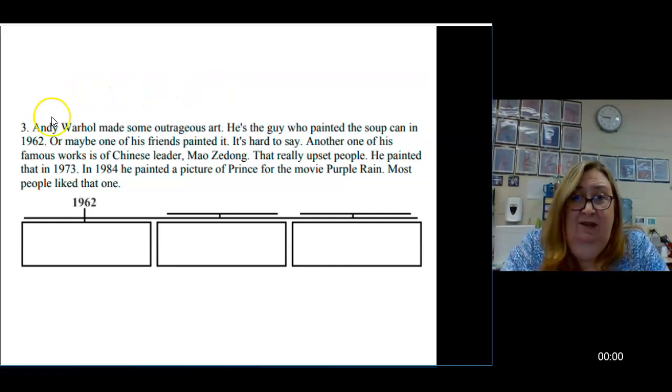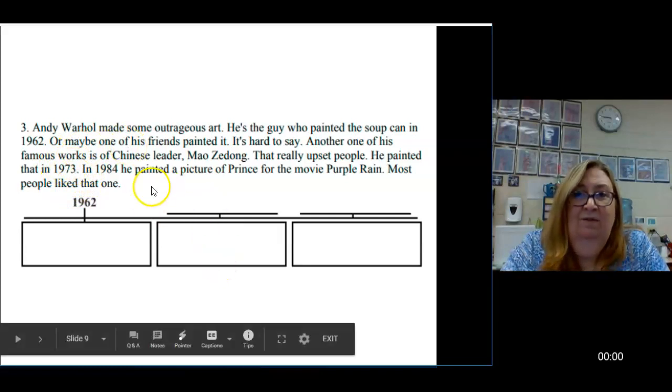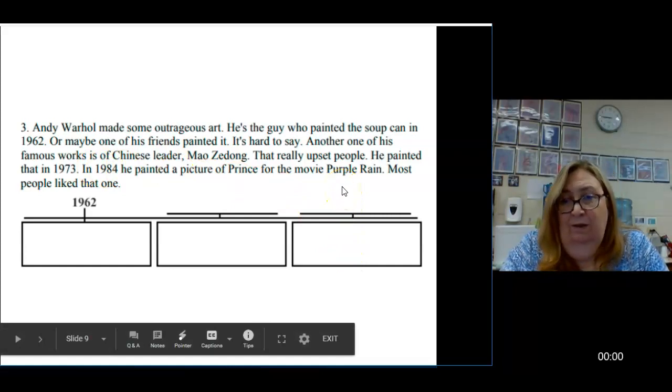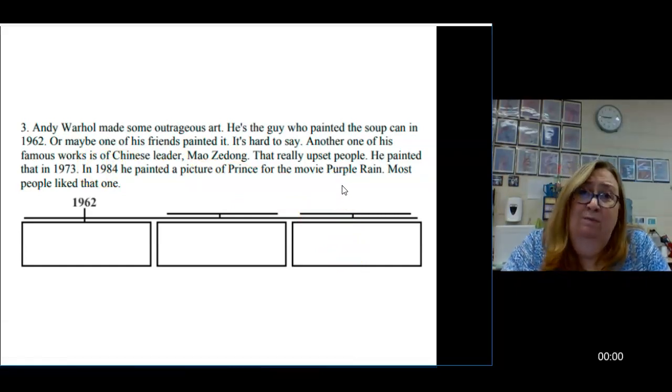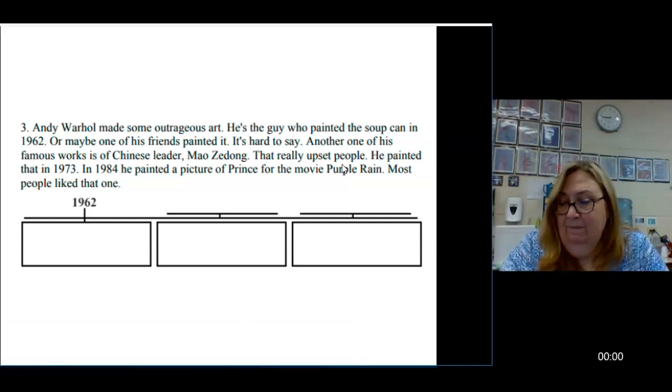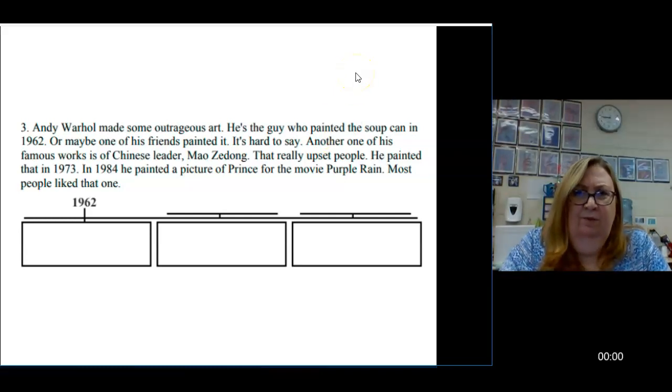So here we're back to years again. 1962, he painted the soup can. He painted the Chinese leader in 1973, and in 1984, he painted Prince for the movie Purple Rain. So those are some huge clues that that's chronological order, that that's how the text structure is set up. It can be a little tricky sometimes